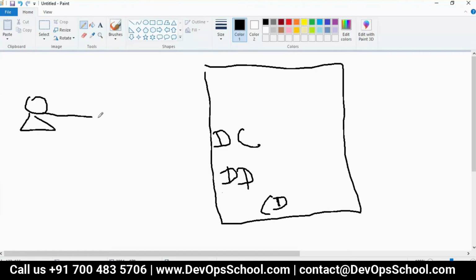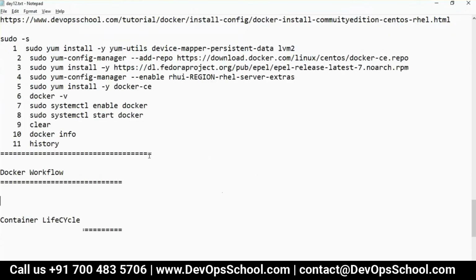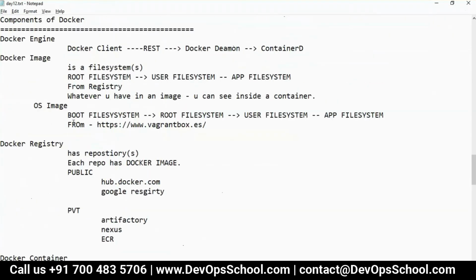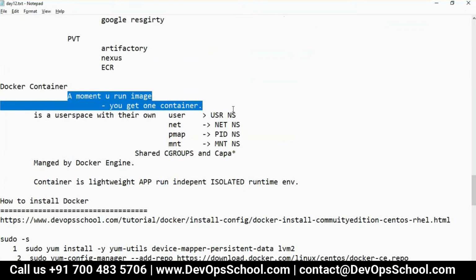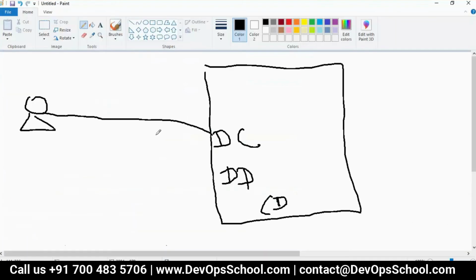So we send the command. The moment you run an image, you get one container. So the run command we send to Docker client.